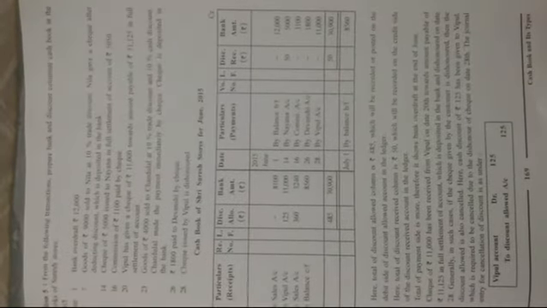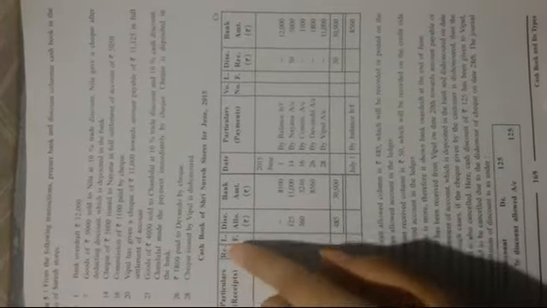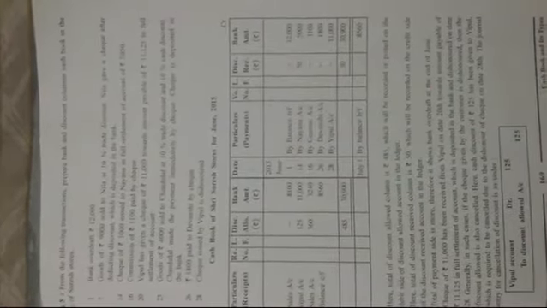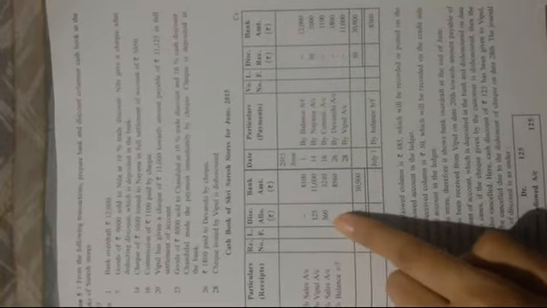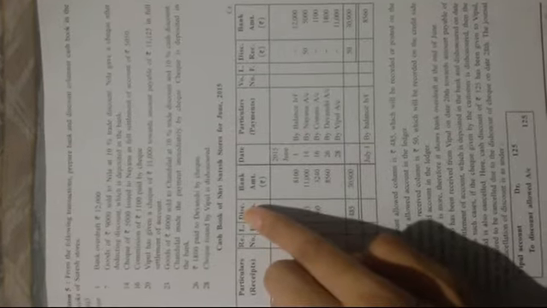you all know that trade discount is not shown in the cash book, but yes, you have to show the 10% cash discount. So after deducting the 10% trade discount, on whatever amount you get, you have to again calculate the 10% cash discount. You will get 360. So if you minus 360 after the trade discount, you will get 3,240. So 360 is considered as discount allowed, because cash discount is shown in the cash book in the discount allowed column or discount received column.